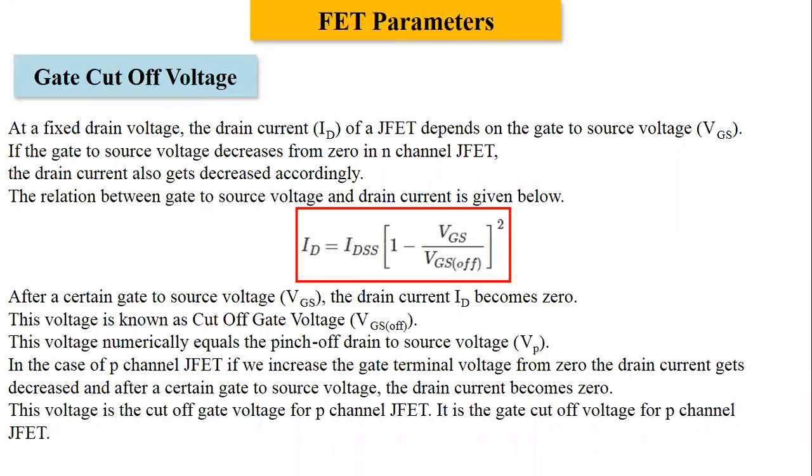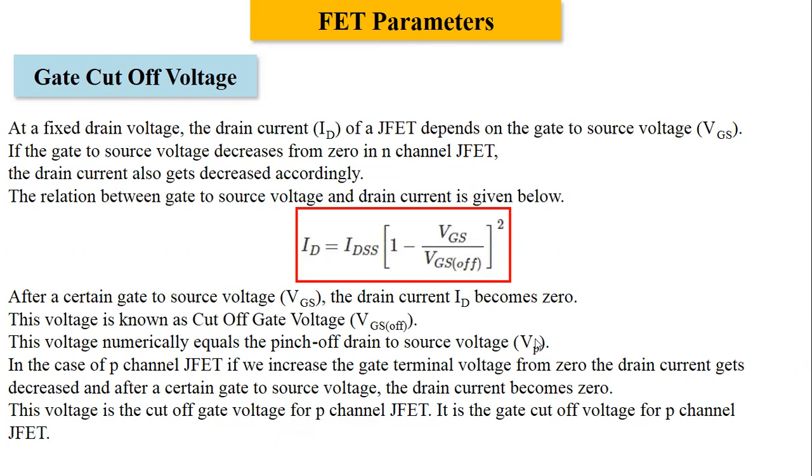Let us summarize the different parameters of FET. Gate cutoff voltage, right? We are aware that the gate to source voltage controls the drain current flowing from drain to source, from the field effect transfer, right? So definitely the gate to source voltage is the controlling variable for this current. As the gate to source voltage is made more and more negative, up to the value of pinch-off voltage,